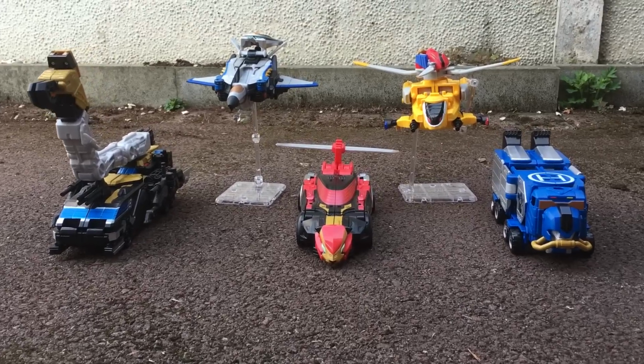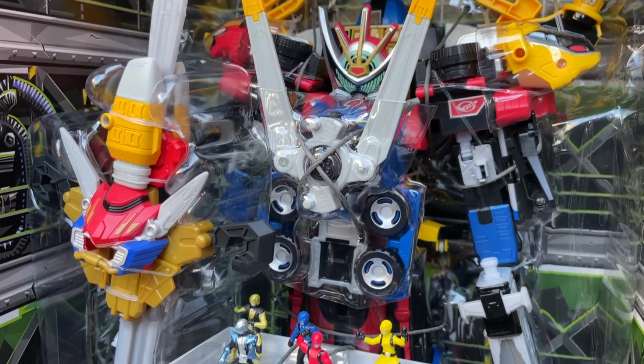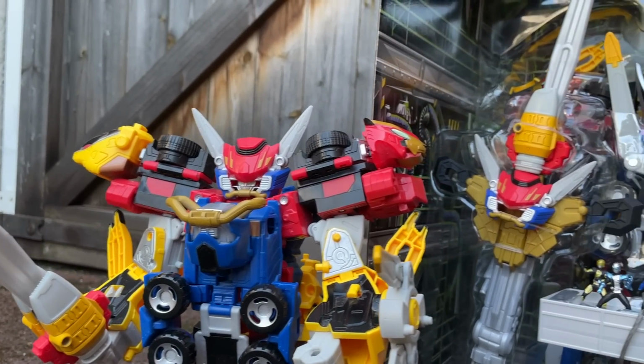Hasbro did kind of introduce a solution, the Ultra Zord box set, which was available from Amazon, and that is a really great release, and I would probably say worth the money. But I would say I think one of Hasbro's key learnings should have been, but doesn't seem to have been, that you need to be ready to go at selling product from launch. From the minute your toy is being seen in what is effectively your weekly 30-minute toy commercial,